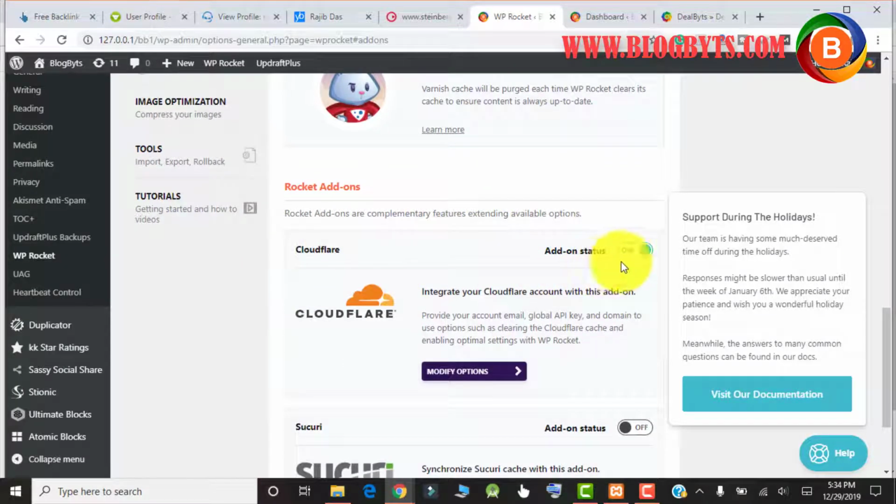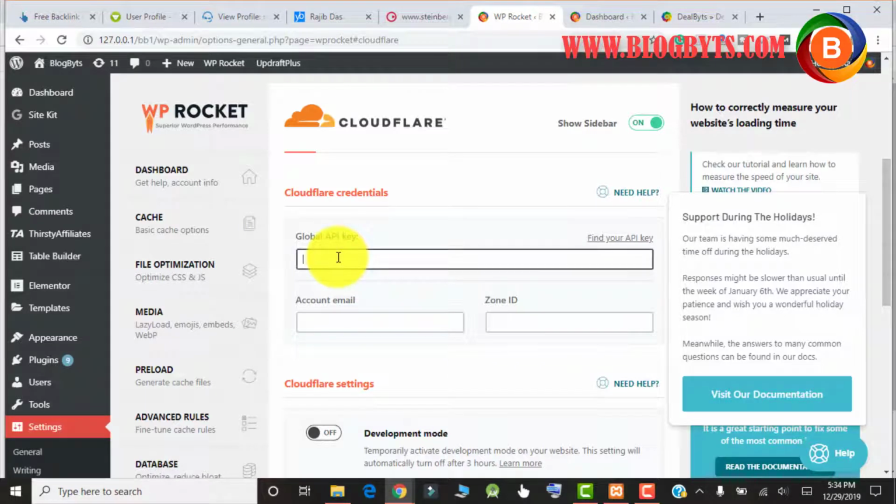Coming to Cloudflare, click it on, and in the modify option, you have to give the global API key, you have to give the account email ID, and you have to get the zone ID. I'll make a different video on how to get all those data. Okay, and if you're a blogger, you might know how to get that, so you have to enter all those values here. Okay,